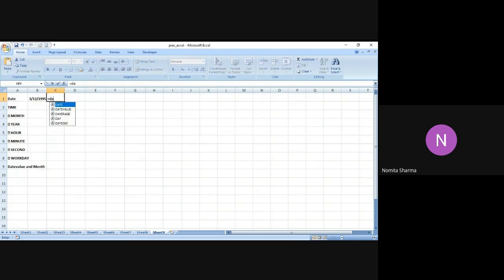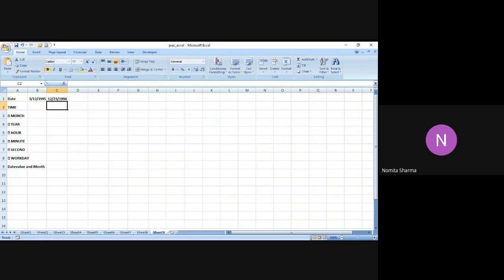Let's do this one more time just to understand the answer that we are getting. So I do write another year. I actually want to make a difference between the month and the year. So I write 12 over here, and for the day I write 23. So I'm getting the date in the format of MMDDY. So 12 is the month, 23rd is the date, and 1994 is the year.